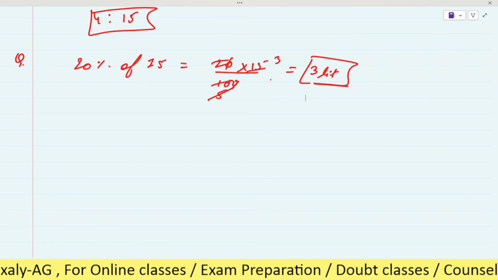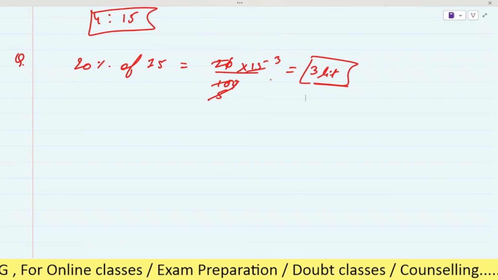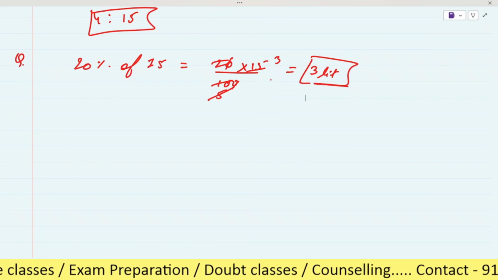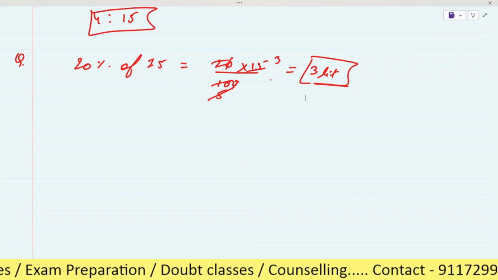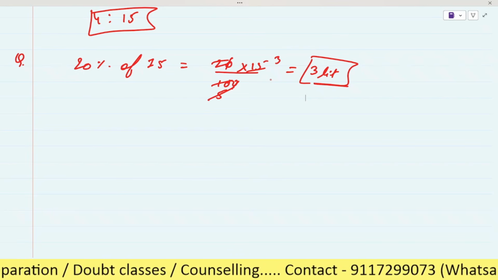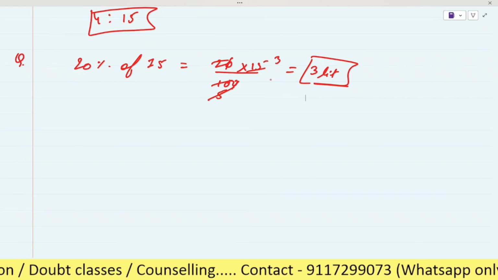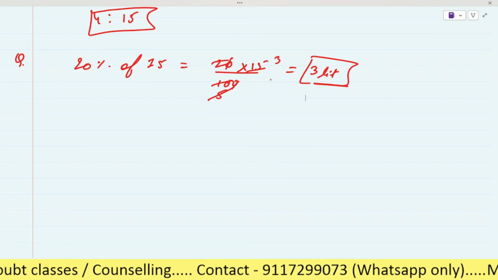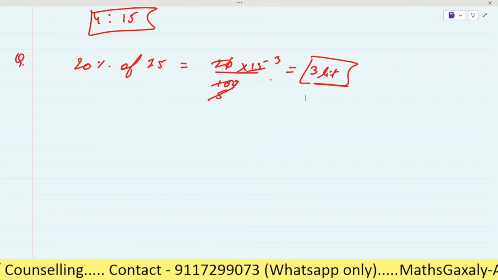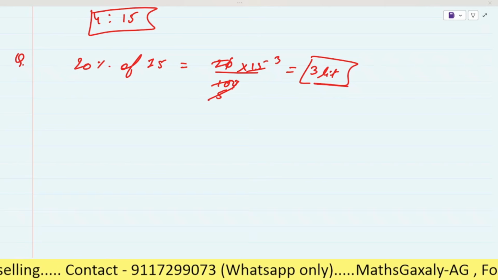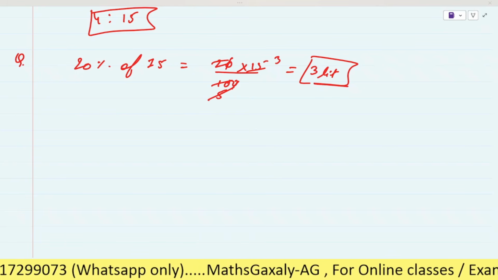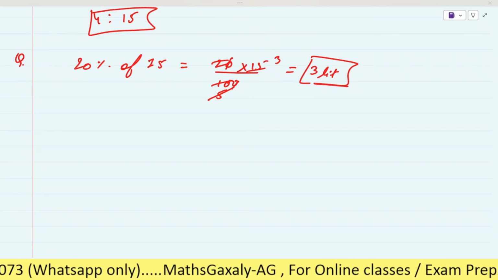Can you do it by yourself? I think we have practiced this type of question now. Is it like that alligation question? I think it will be solved by the concept of mixture. Just try it. First, try it with the concept of mixture, and then let's check it. I think we have solved this type of questions, na? Or not?